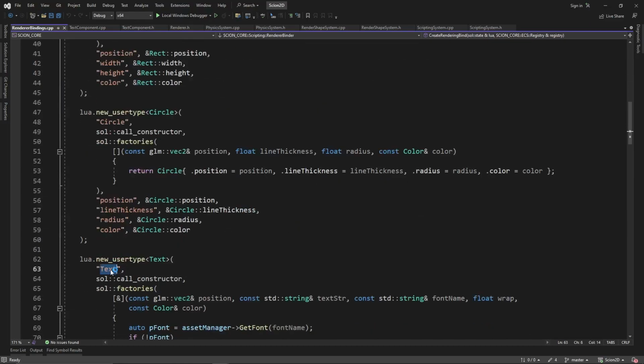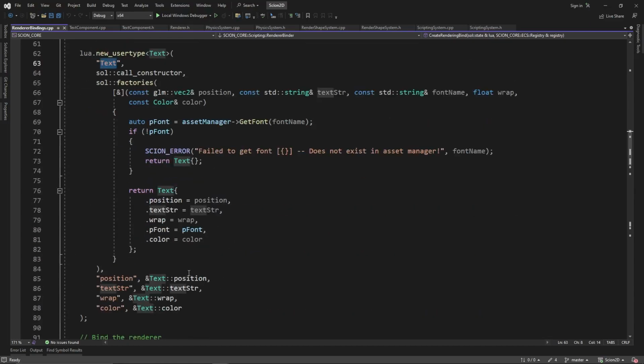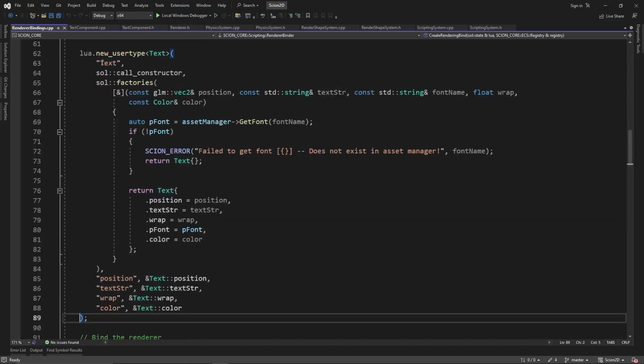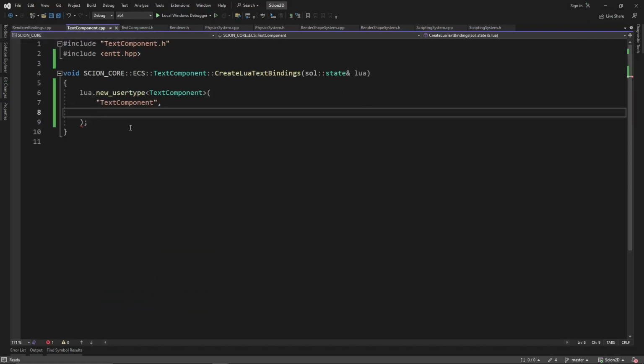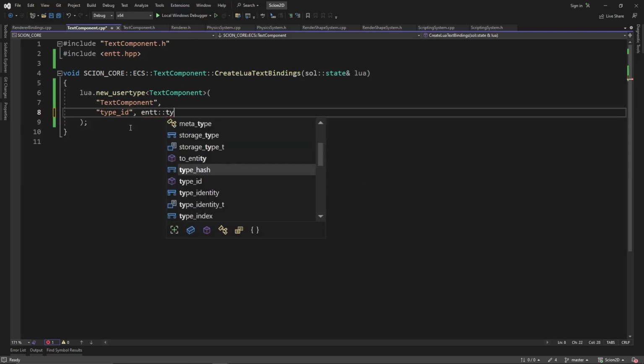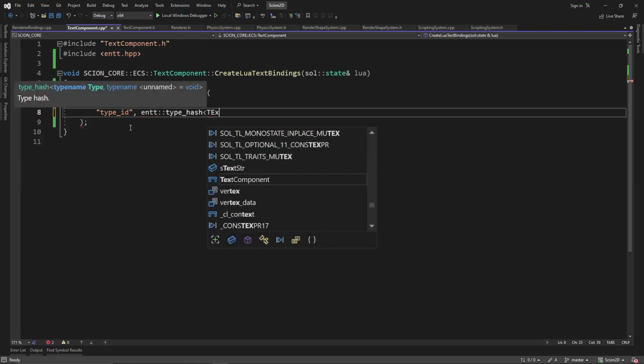Yes, right here. So we can't just call it text because we already have a binding for that. It basically has the same stuff, but that's being used for the render. Okay, so we want to have our text component, and it's going to be a little bit different. Basically the same idea, but this one we're going to have our meta bindings. So type ID ENTT type hash text component